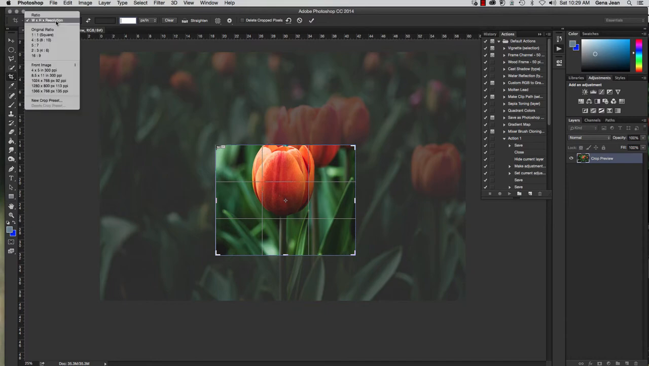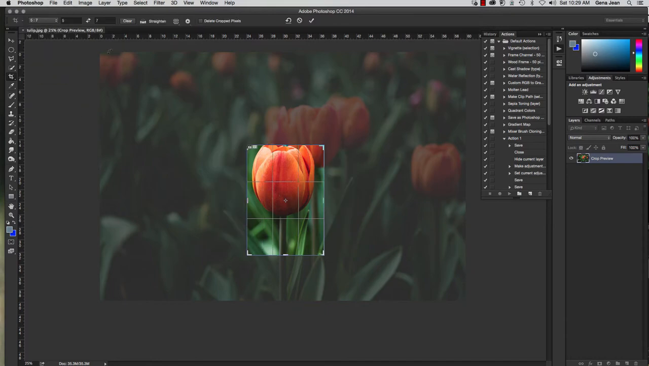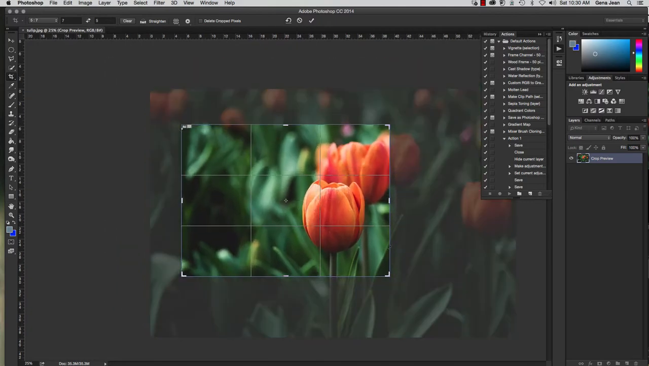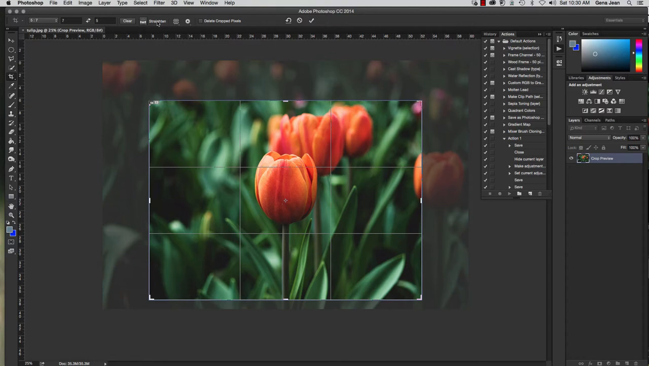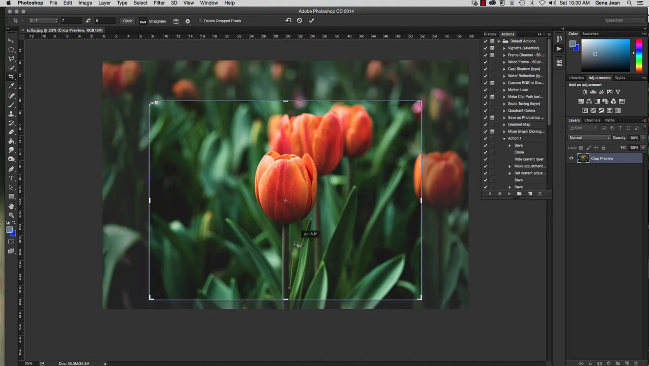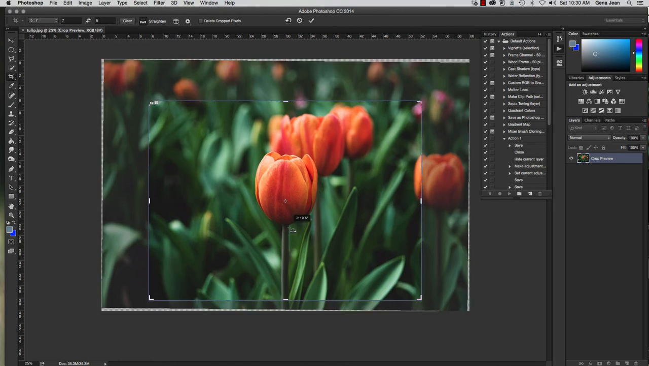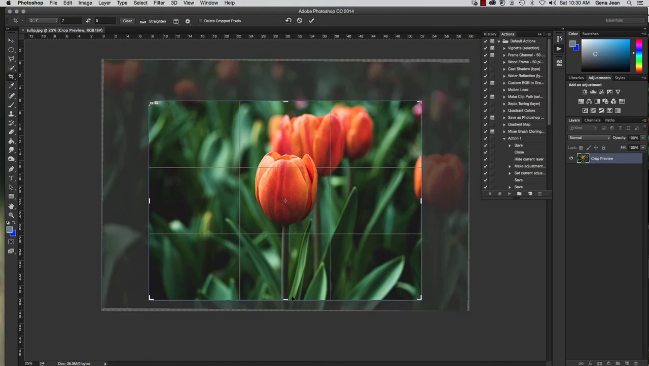I'm going to go back to selecting just 5:7, and I'm going to switch to have 7 be my width, since this is a landscape image. Now right here is a tool that allows me to straighten. If my stem was crooked and I wanted to straighten my image, then I could go in and I can select my straighten